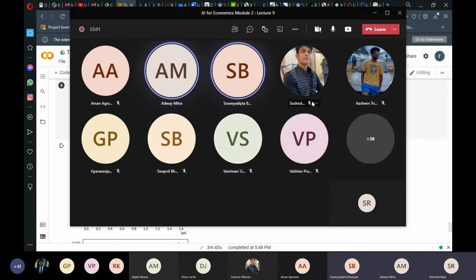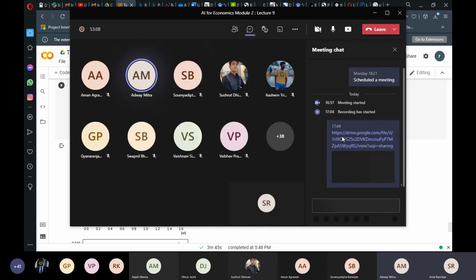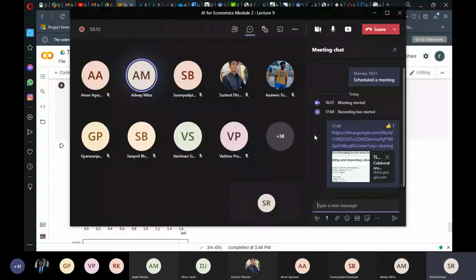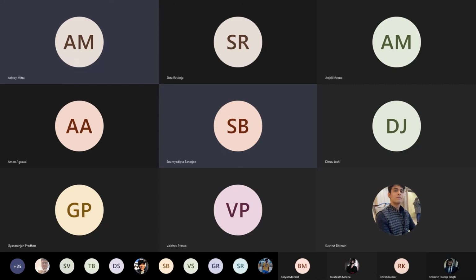I have already shared them. Where have you shared? Did you upload them in the Teams? I have given them a link, and I'll also upload the notebook. Yes, please upload. Just create a folder and upload in that. I'm creating a separate folder for that. Okay, sir, I'll upload it after this session concludes.